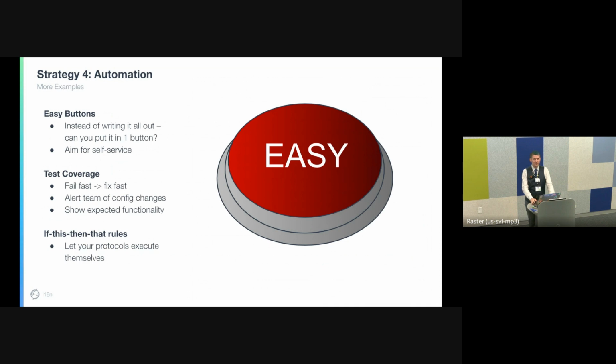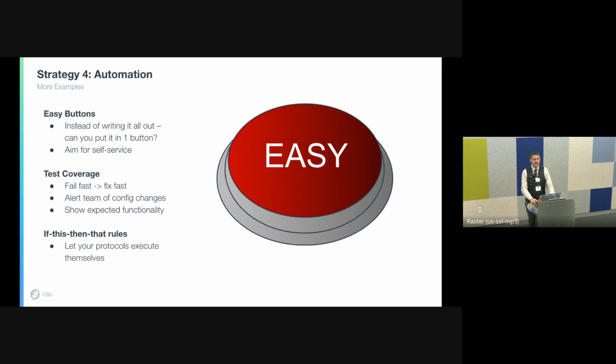Other things, as I mentioned before, having test coverage. Using tests to show what the expected functionality is. Tests will alert you if you've made a change that will affect end users. But also fail fast. Don't find out because someone was able to translate a bug report from someone that speaks full day, and then you go through so many steps and finally get to an engineer that can fix the problem. It's going to take too much time, or we're never actually going to fix the problem. But if you have proper test coverage, then you can realize, oh wait, this is a problem.